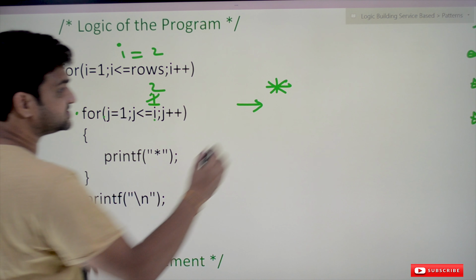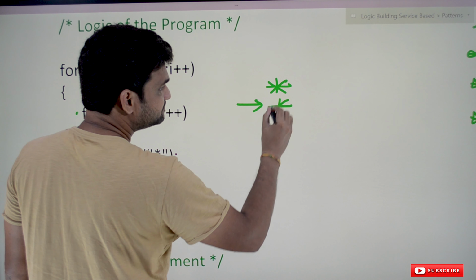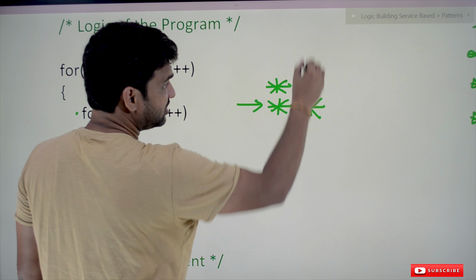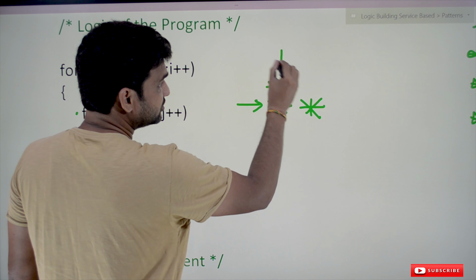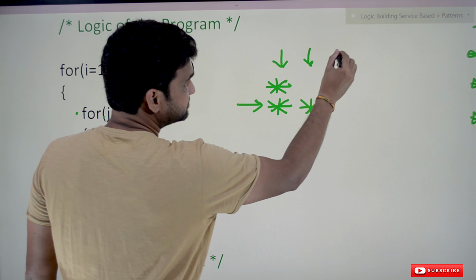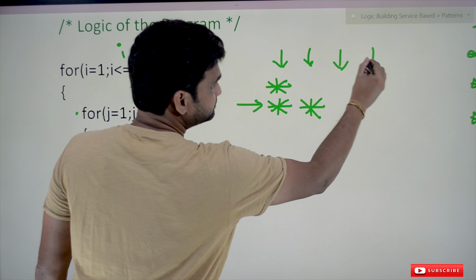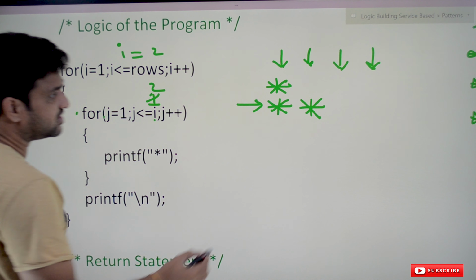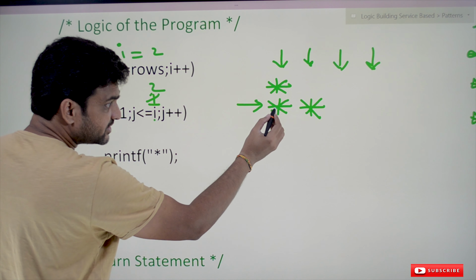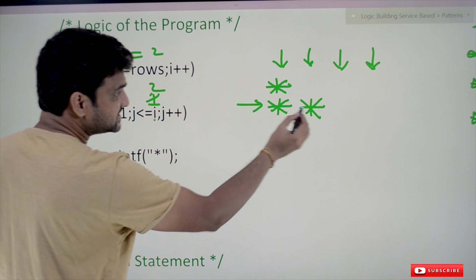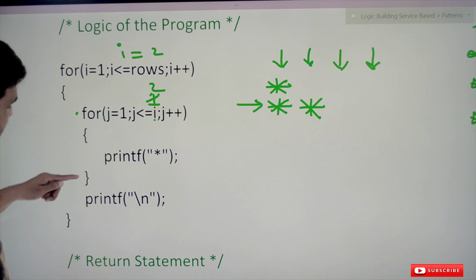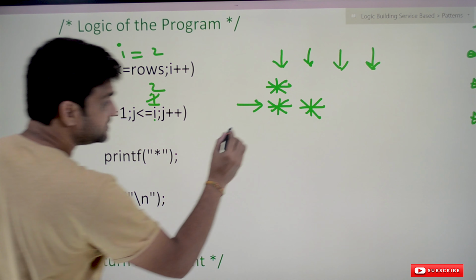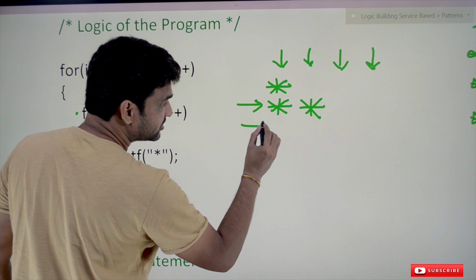In the first iteration we are going to print this column, and in the second iteration we are going to print this column. So this is row, so here we have columns. Okay, so in the second iteration we are going to print these two columns, in the sense we are going to fill these columns with star symbols, and after that we are going to come out of this for loop and we are going to print new line. Print new line means we are going to count the next row.